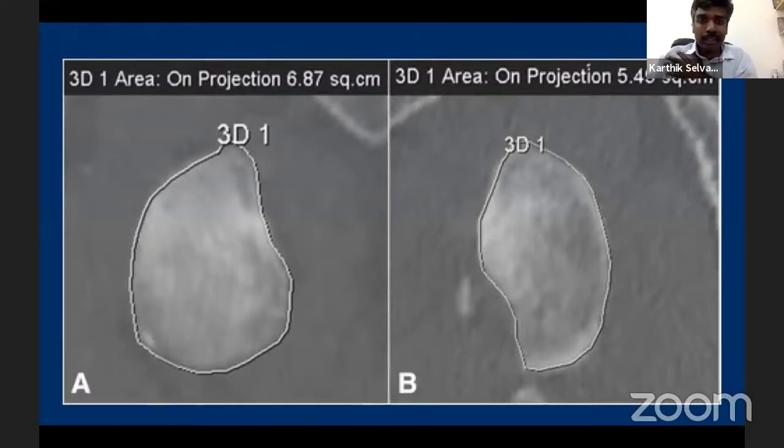Now a lot of us have access to the ImageJ software, and you can actually draw a line and measure the whole surface area of the normal glenoid and compare it with that. This is the D Filipino method. So this is again another method.